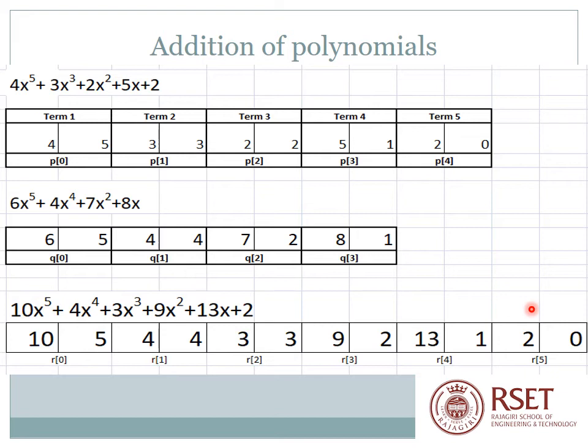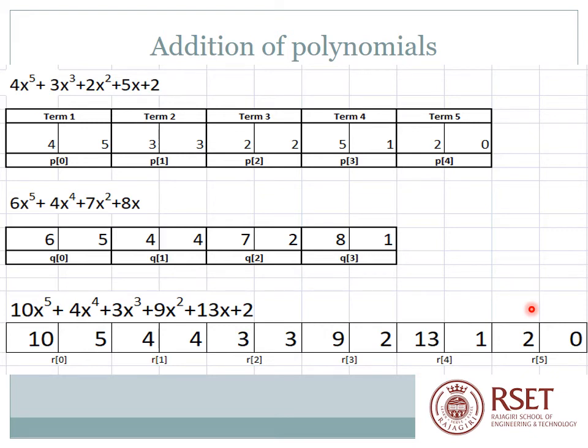The first thing is you have to read both the polynomials by asking the number of terms of each polynomial, store it in their corresponding arrays. You have to declare a third array to store the resultant polynomial. Then you will have to run a loop which traverses each of the polynomials until the number of terms of one of the polynomials gets exhausted.